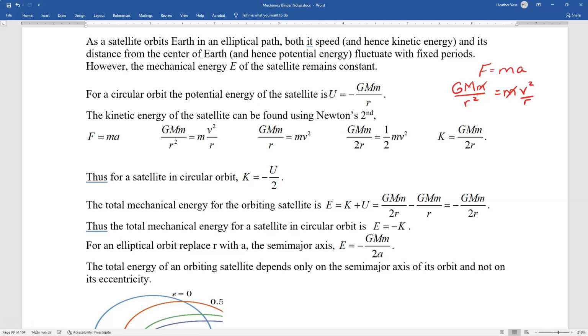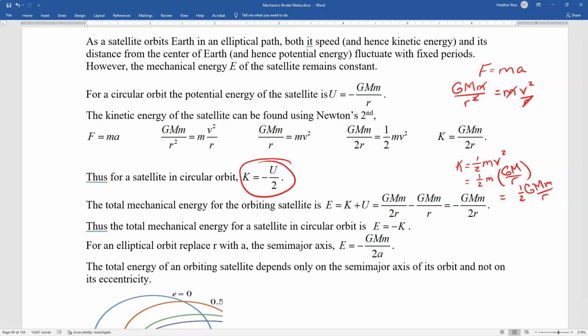Those masses are going to cancel. One of the r's is going to cancel, so we're going to assume that our radius is bigger than 0. Good math skills here. May have canceled that mass a little early here. So, what do we know? Well, kinetic energy is 1/2 mv squared. Well, I have an equation for v squared. That's GM over r. So this is going to be 1/2 m GM over r. So what I get is that this is going to be 1/2 GMm over r,